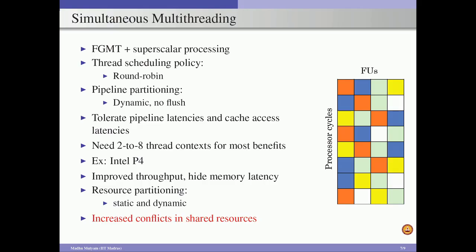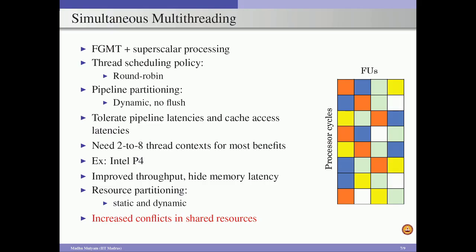So here we can see, in cycle 1 we issued one instruction from one thread, one instruction from the second thread, one from the third thread, and one from the fourth thread. So effectively in a single cycle we issued 4 instructions, one from each of the threads, so that we can execute these instructions on available functional units. As a result, our functional unit utilization will be improved.